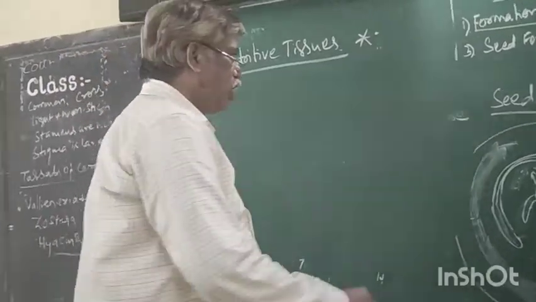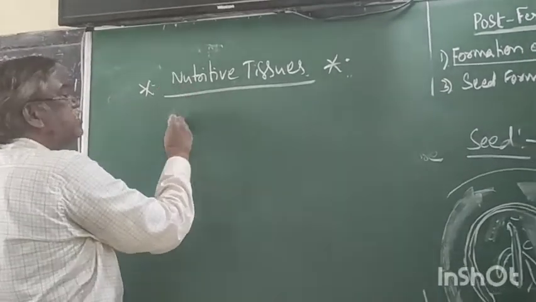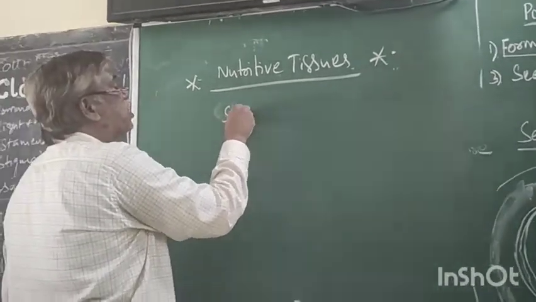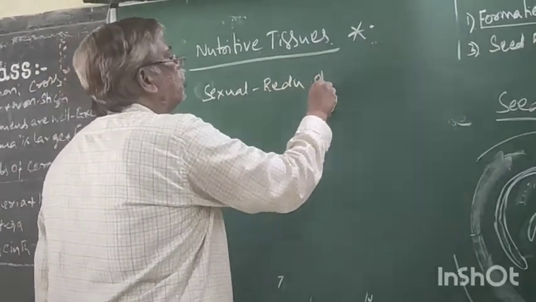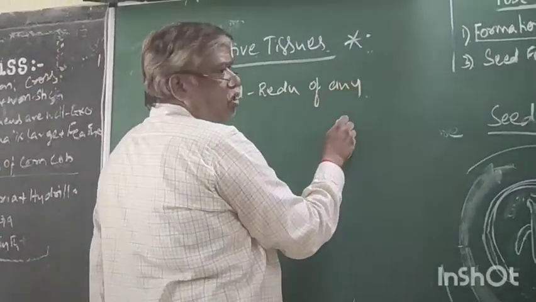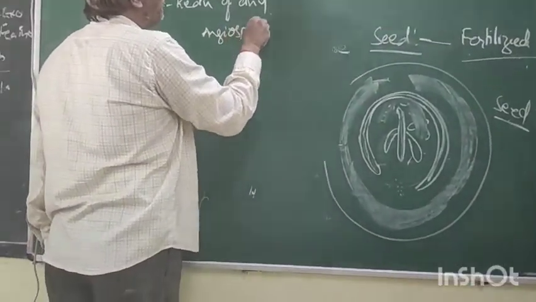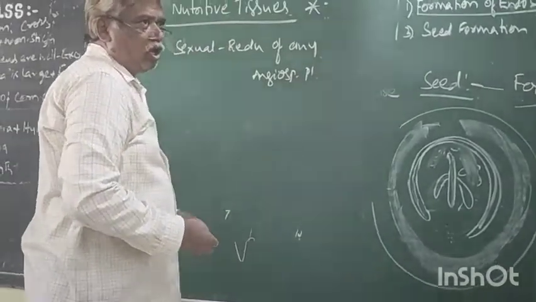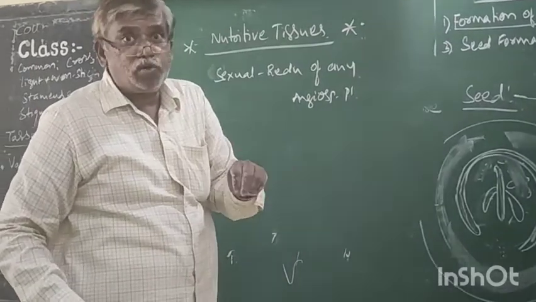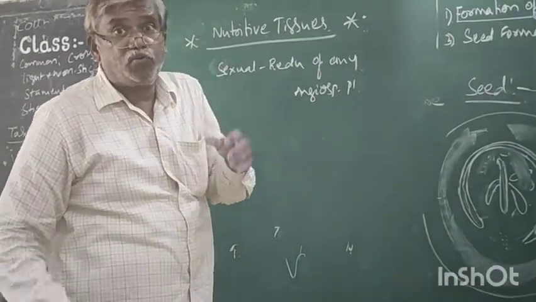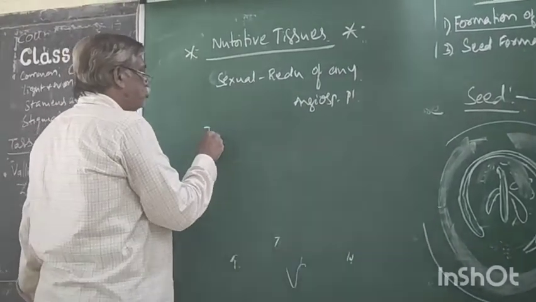In the life cycle of sexual reproduction of any angiospermic plant, you take any one angiospermic plant, in its life cycle we can find 5 types of nutritive tissues, not one. Tapetum